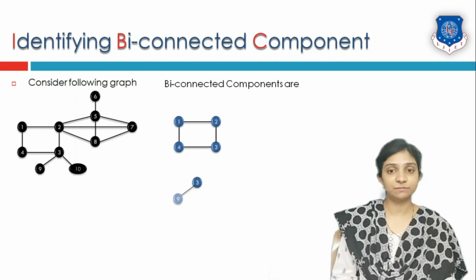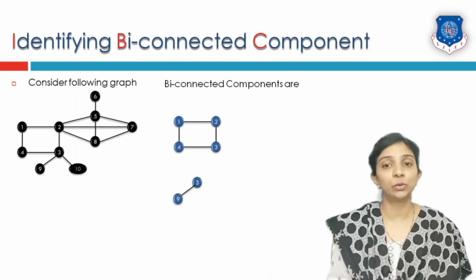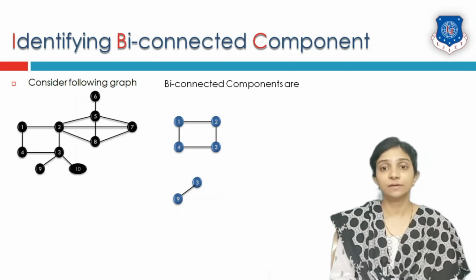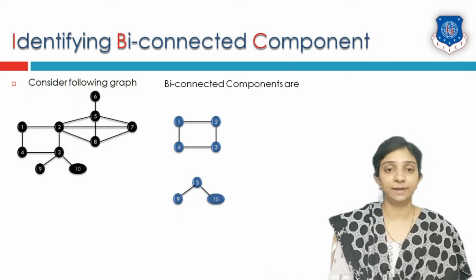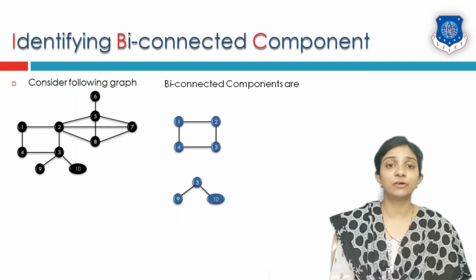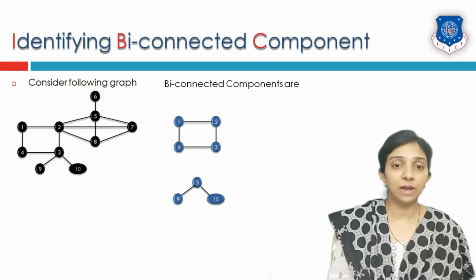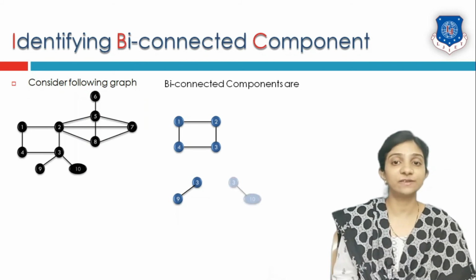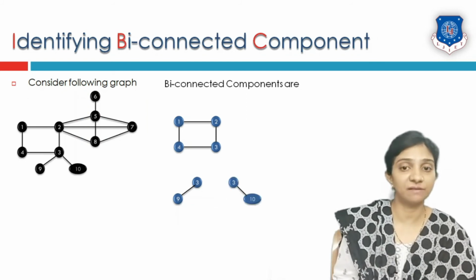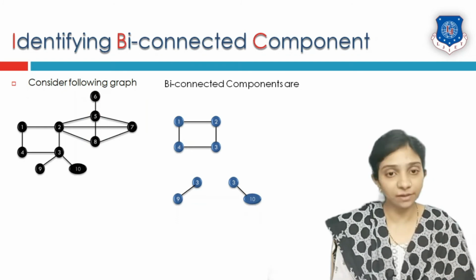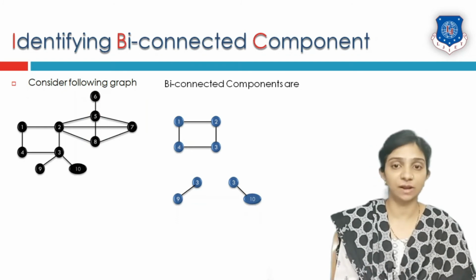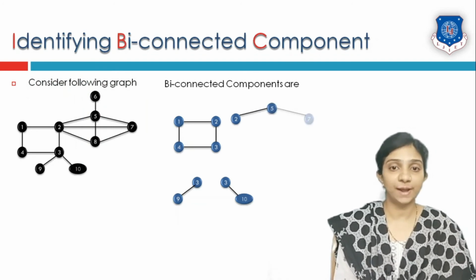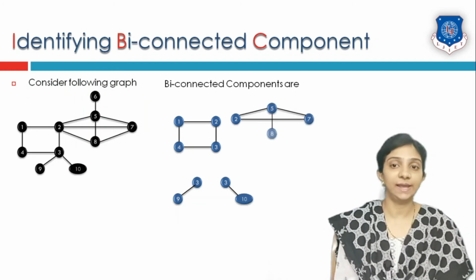Start with vertex number 3. Connect from 3 to 9 and from 3 to 10. That is, if I add 3 to 10 in the graph, it will make vertex number 3 an articulation point. So I cannot add vertex 10 with 3 in the same subgraph, for which I have to generate another, separate subgraph. Another subgraph is from 2, 5, 7 and 8.